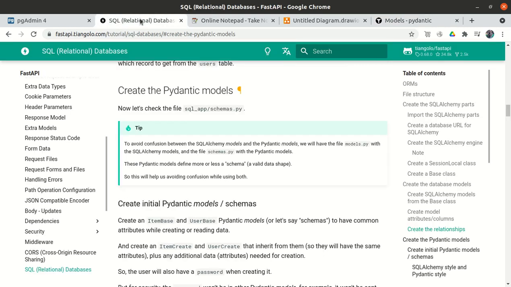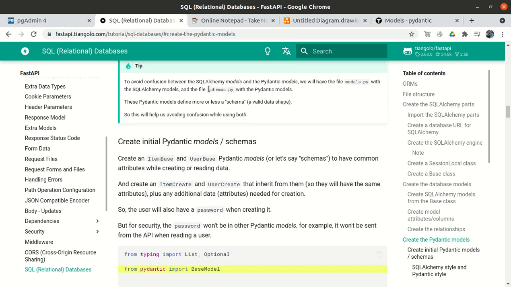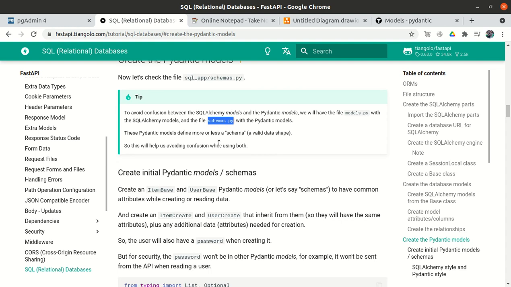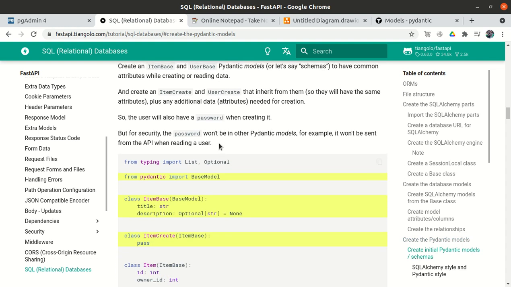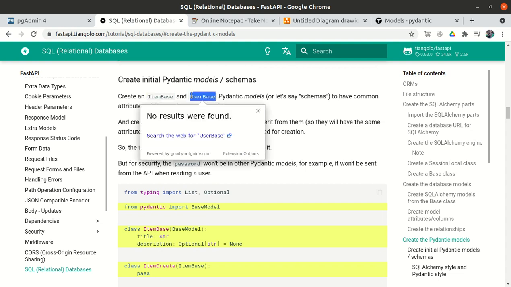Now if you look at the official documentation, they refer to it as a schema.py file, and it is clear why we use the word schema rather than model, even though it is called a model. To avoid confusion between the SQLAlchemy model and the Pydantic model, we will refer to the Pydantic model as a schema. Now we have to create a schema for the items and a schema for the user.